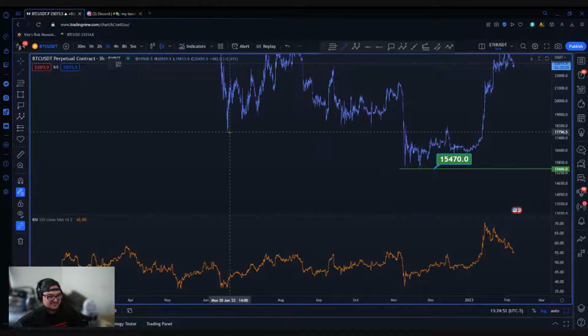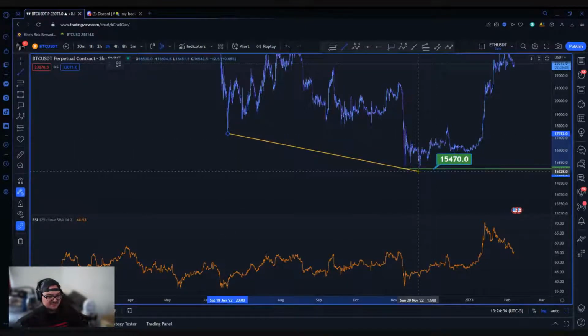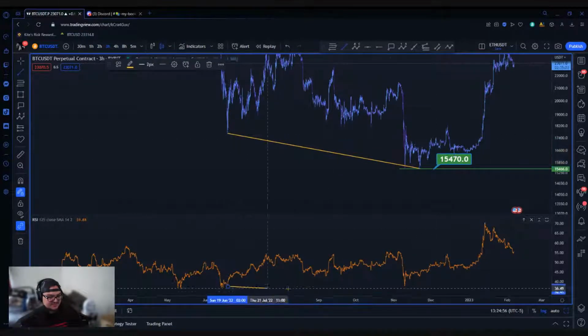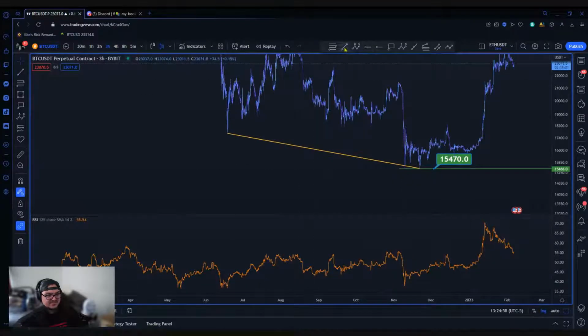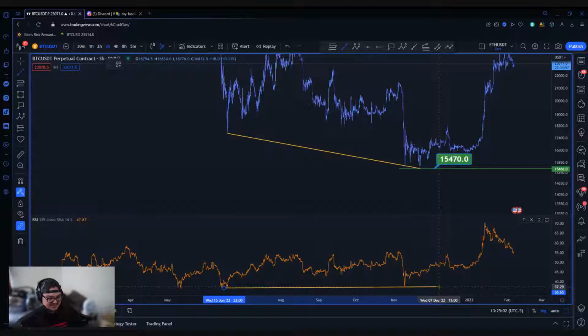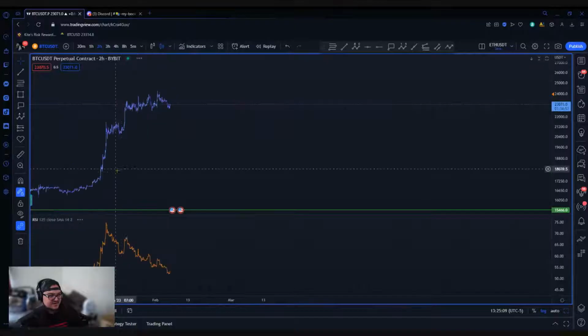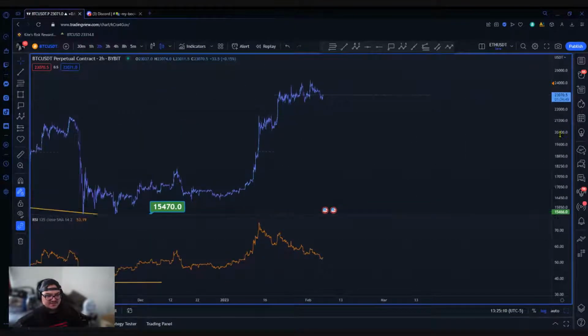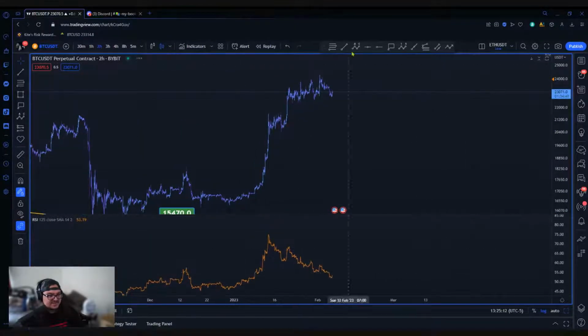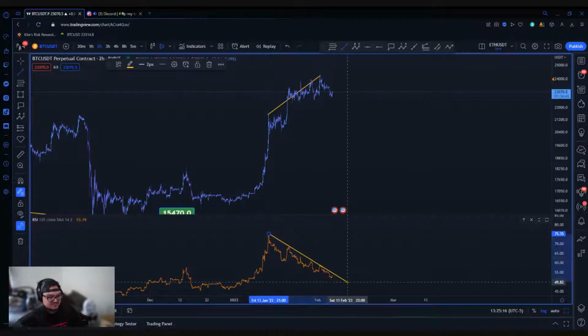So in this case, I'll give you an example here. We have a massive bullish divergence, or I guess you can call this a hidden bull, but you have a hidden bullish divergence here. Basically, it tapped this line here while creating lower lows, and a perfect example of what's going on now: if I go to a 2-hour, you can see here we have a very large bearish divergence, and it looks like price is just not breaking through.